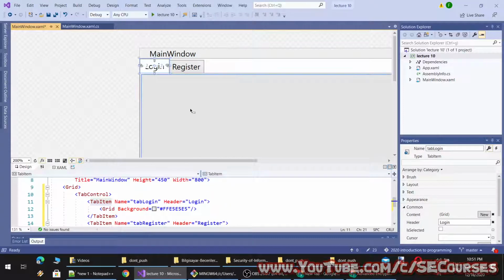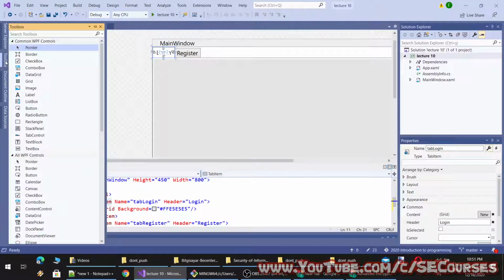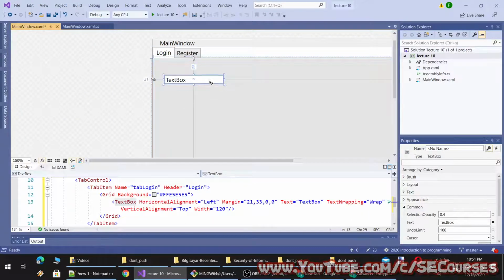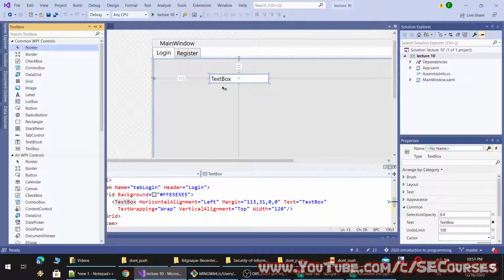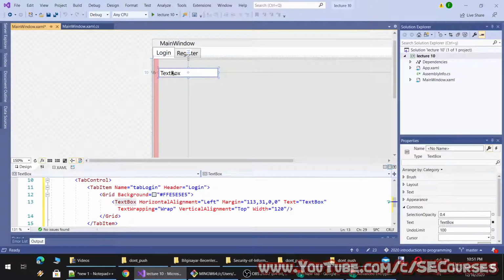Okay, so in the login window, what would you have as default? You would have two text boxes for username and password. So let's add first username.